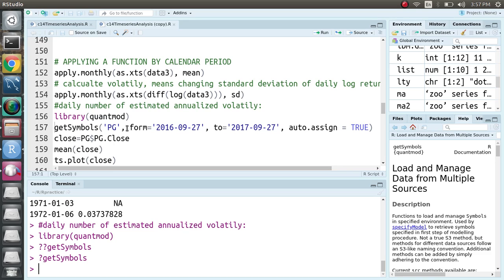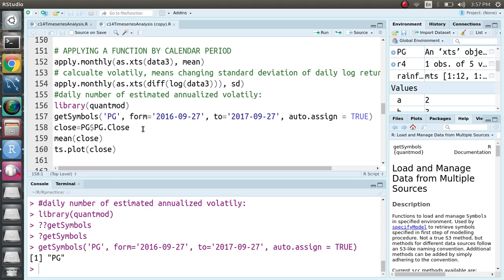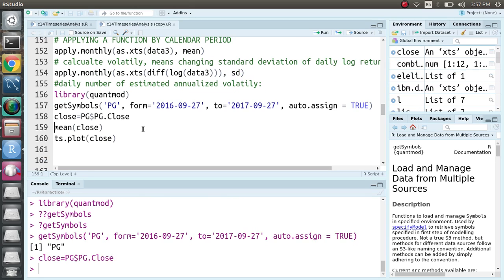So my data is pg. I'm taking the data from 2016-09 to 2017-09-27. Okay, and auto assign is true. So let's run this thing. We got the time. Now the pg dataset is considered, and the close, when it's closed, my volatility is